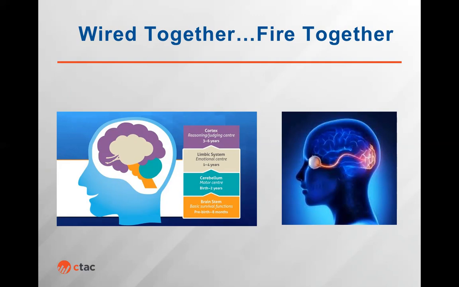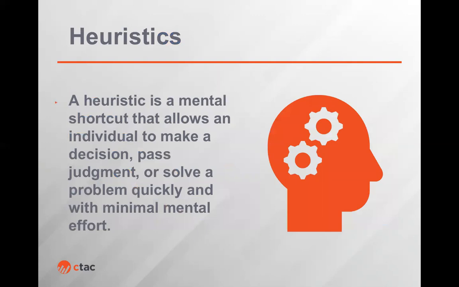And then finally, we go to this reasoning sense around 3 to 6 years of age, where we're really starting to make judgments and understanding about the world. Now, when we do that, we don't have time. If you fast forward to right now in your work, right? We don't have time to make these massive, labor intensive assessments of the interactions that we're having or the ways that we're seeing the world. We just don't have time. So, what happens, those neurons start to be more precise and we make mental shortcuts.